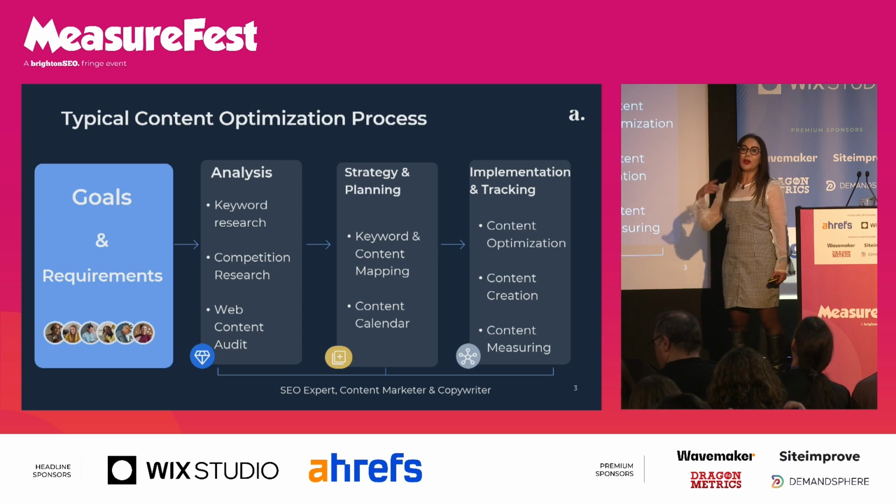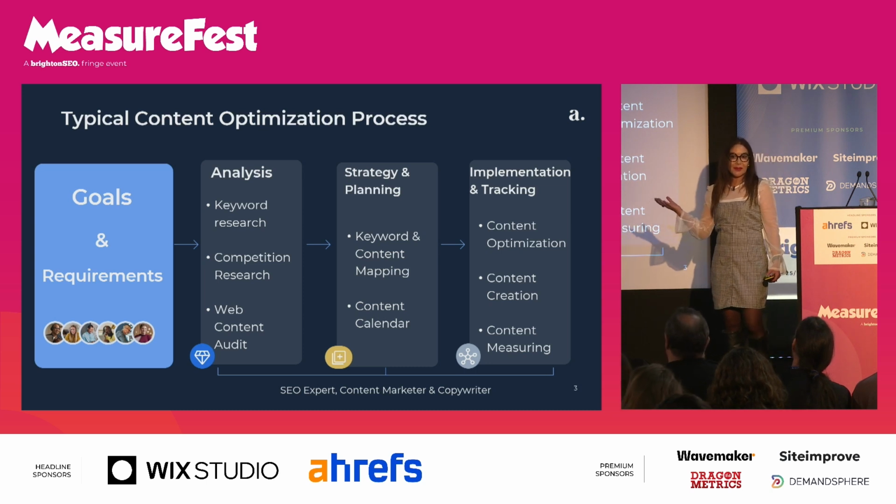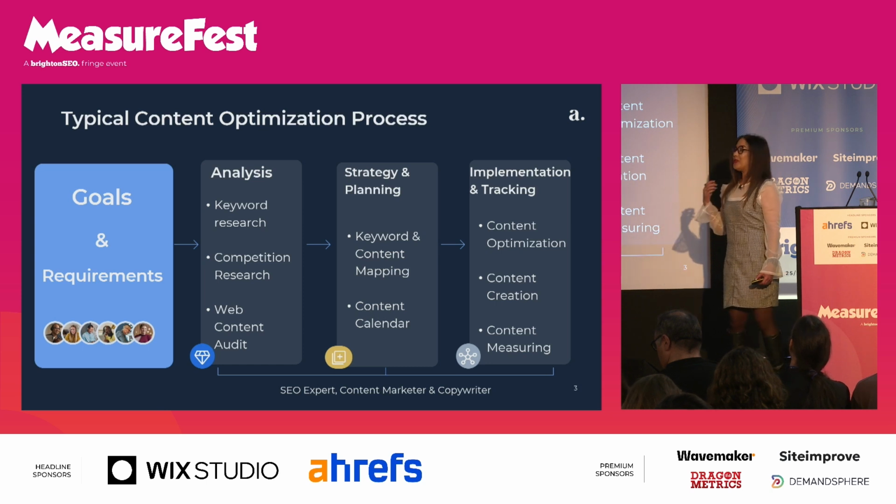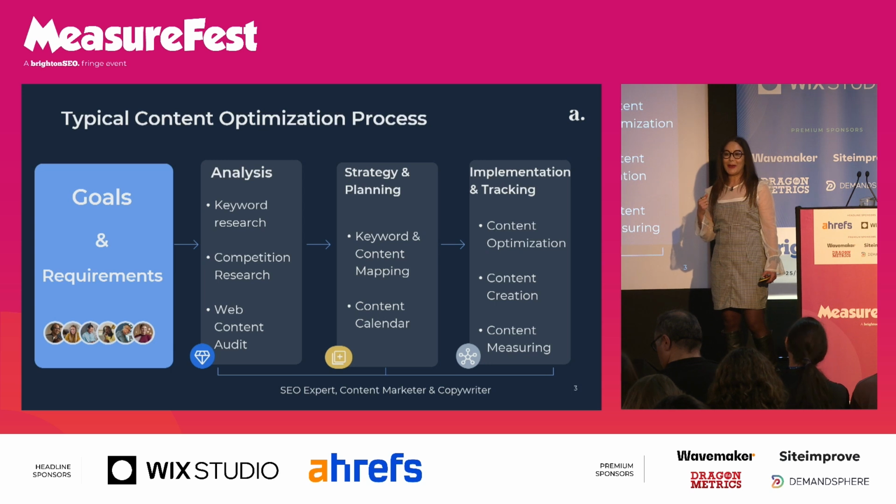You move on to optimizing your existing content if it needs optimization, or creating a content calendar for any gaps you have in your content. Then you move on to implementing all of that. You go through all of this and you're super happy that you've gone through the whole process and you're measuring and you're seeing results. That's fantastic. However, when you do have other languages to deal with and other markets to deal with, you've done all this fantastic work for your home market.